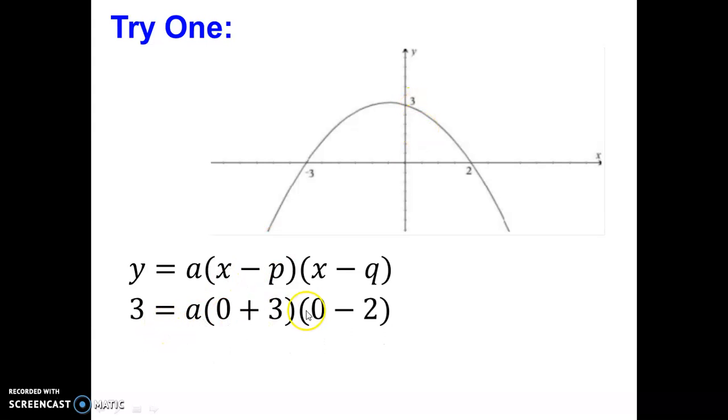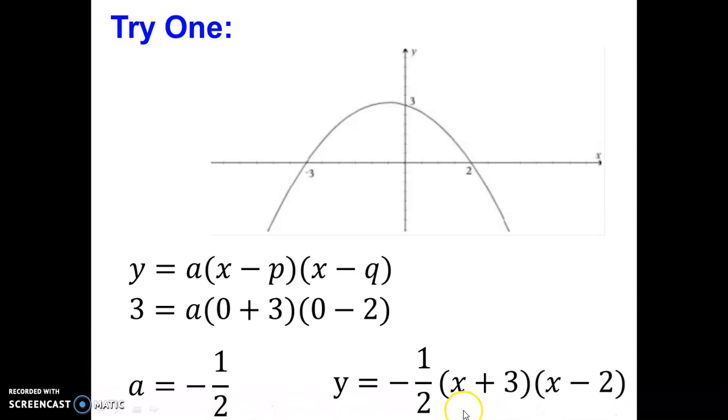So we can use intercept form or factored form. Our two x-intercepts are -3 and 2, which becomes 3 and -2. Then I've also in the same step substituted this point, which is 0, 3. So here's 0 for x, 3 for y. That allows us to solve for a, which is -1/2, and that allows us to give the entire model for